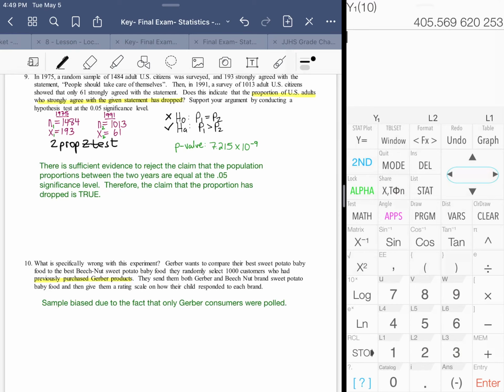So just the familiarity itself might be enough to make you think that he or she prefers the Gerber brand when really the Beech-Nut would have been perfectly fine, except they were used to the Gerber brand. That's just one example, but the idea is that there's bias in here. And so any kind of explanation that you provide that involves a